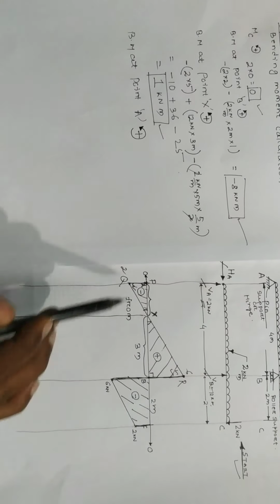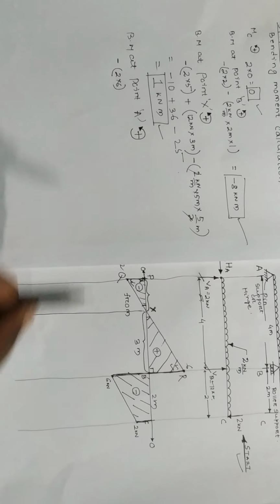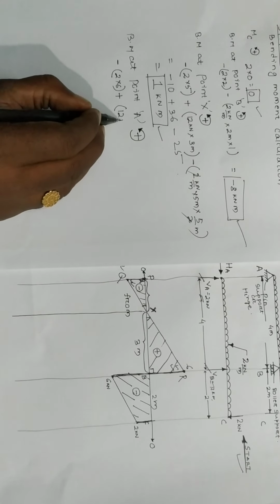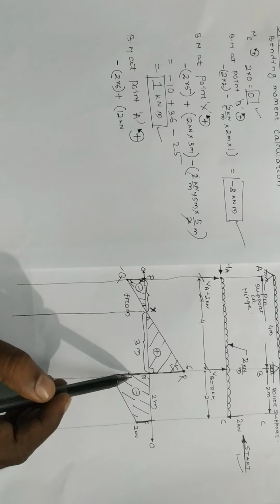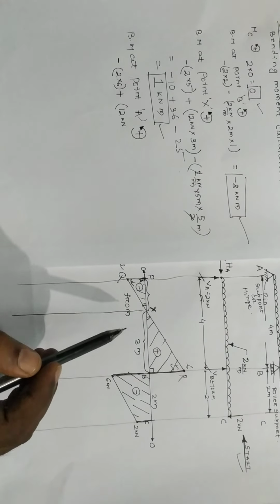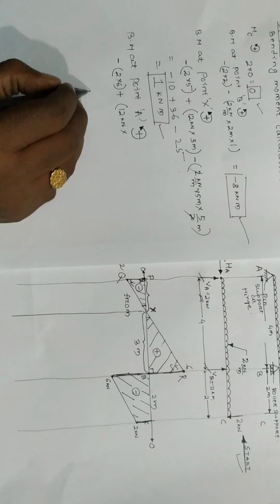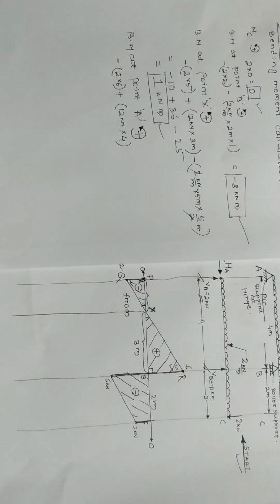Then about this vertical reactive force, this will be counterclockwise in nature. Okay, so this will be plus. What is the force BB? BB is 12 kilonewton. What will be the perpendicular distance between the line of action of the force BB and point A? This will be 3 plus 1, 4 into 4 over.